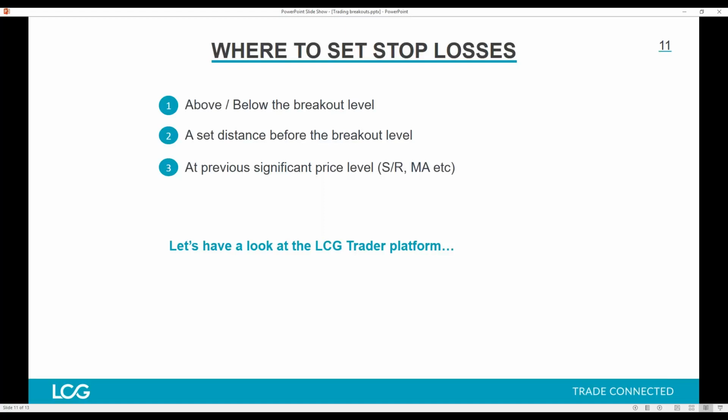So the whole premise of your trade is based on the idea that that level has broken and it's going to hold. So you want to put your stop loss somewhere below an upwards break, above a downwards break. Obviously, what you can do is you can set it a certain distance before the breakout level. So a certain number of points, a certain percentage, or in fact, you could use a previous level of support and resistance, which tend to be a little bit further away,